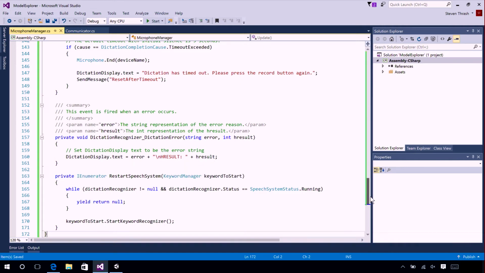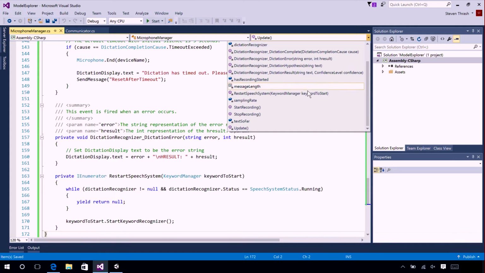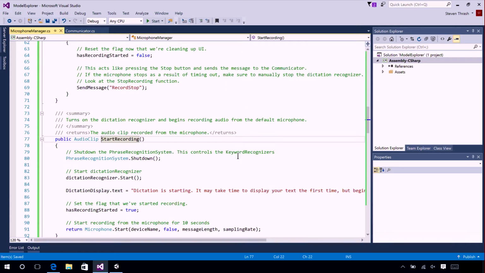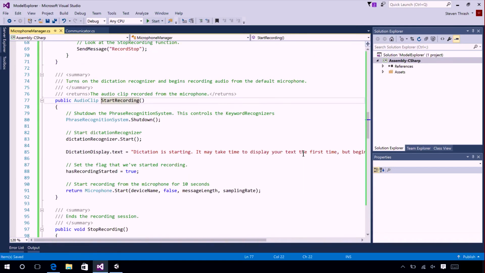Now let's take a look at the Start Recording function. The first thing we do in this function is to shut down the phrase recognition system. This is helpful because it controls every keyword recognizer and grammar recognizer in your application. This prevents you from having to keep track of every recognizer that you create in your application and shut them down one by one. Then we'll go ahead and start the dictation recognizer so it's now listening to the user's